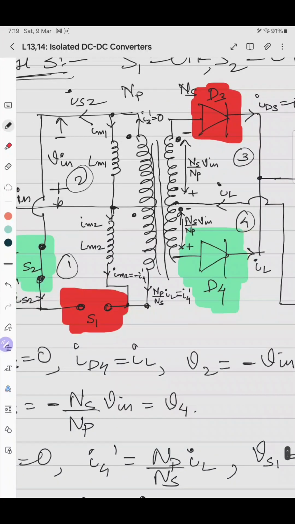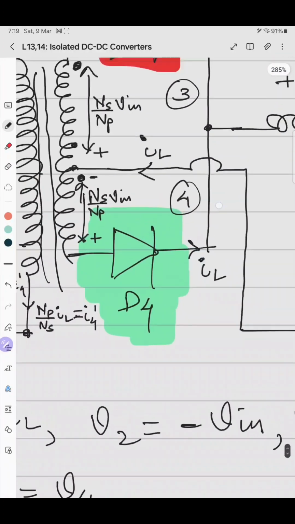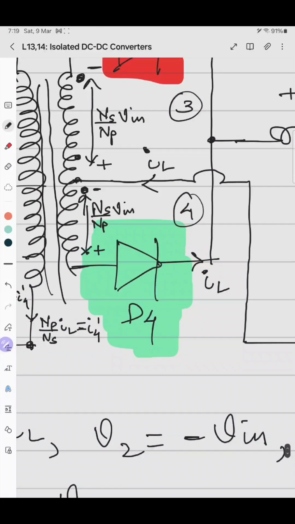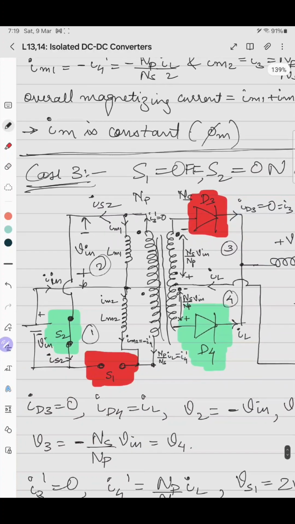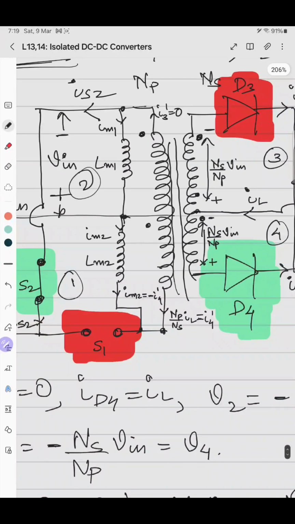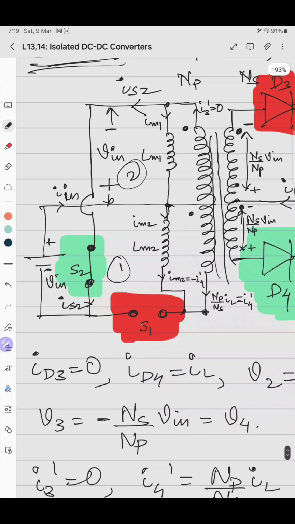So similarly, what happens is that ID4 or I4 equals IL, and ID3 is 0. So I3 dash is 0 and I4 dash is NP by NS into IL, that is the reflected component. So again, if we do the similar analysis, as this device S1 is turned off,